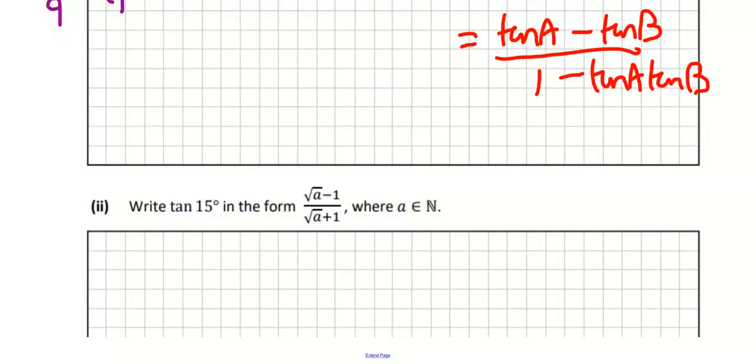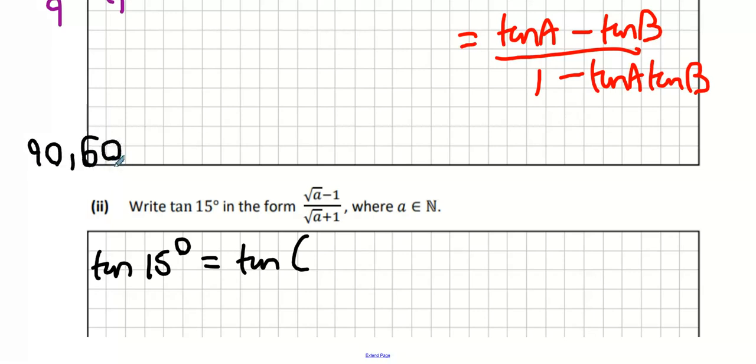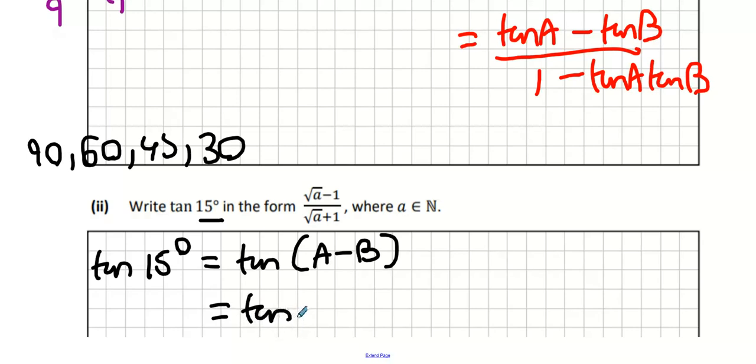Okay. Now, it wants tan 15, and with a lot of these leaving cert questions, they tend to use the equation that comes before. And we would have done these in the book, and the angles we would have used were 90, 60, 45, and 30. And what I can do is I can choose any combination I want to get 15 as my answer. So I only use tan A minus B because that was what we did in part 1. And tan A minus B is actually,